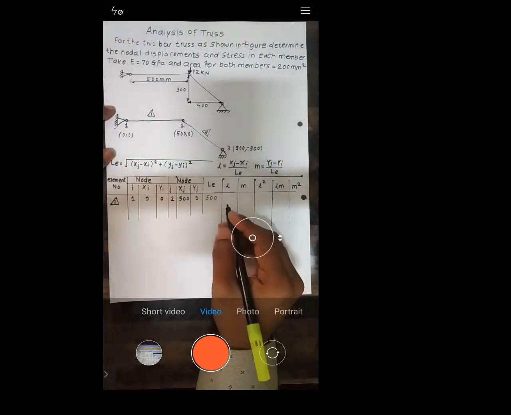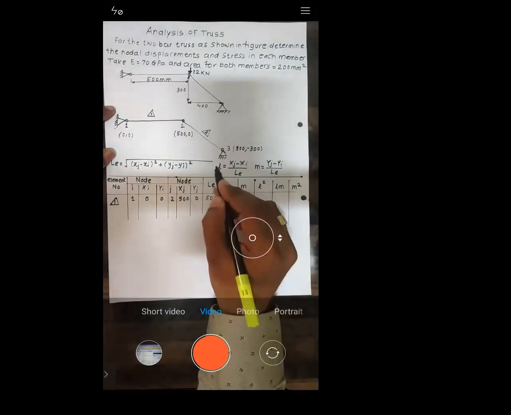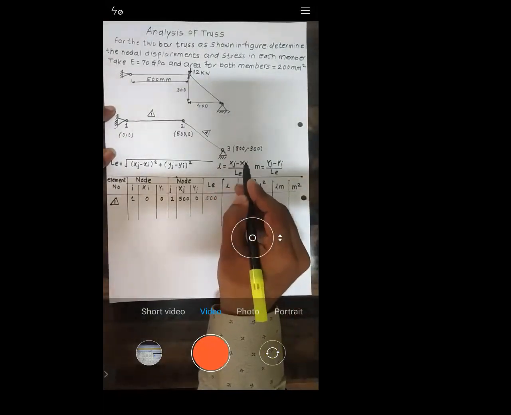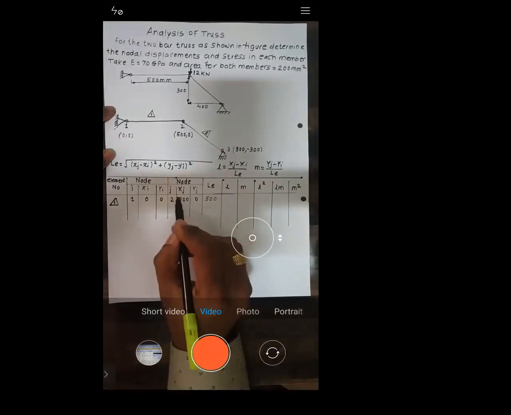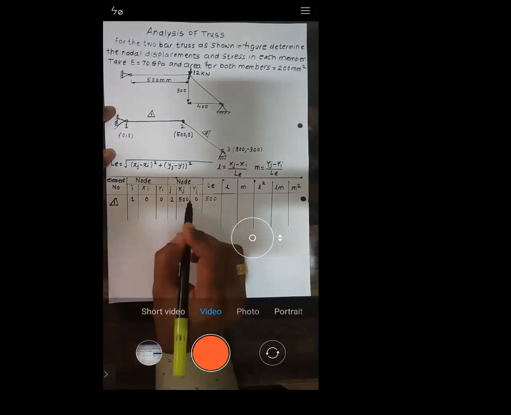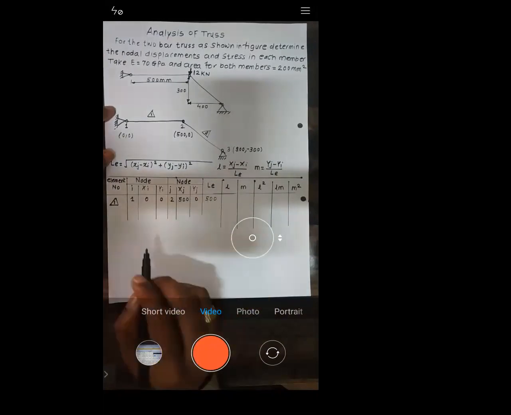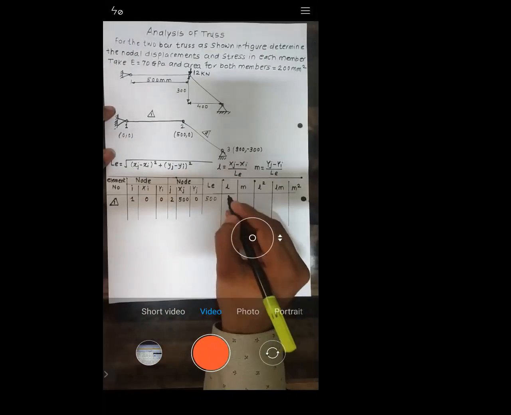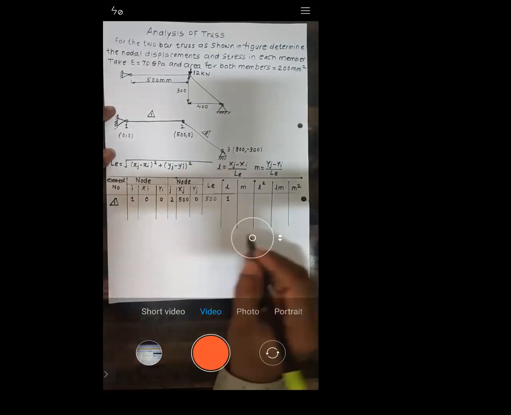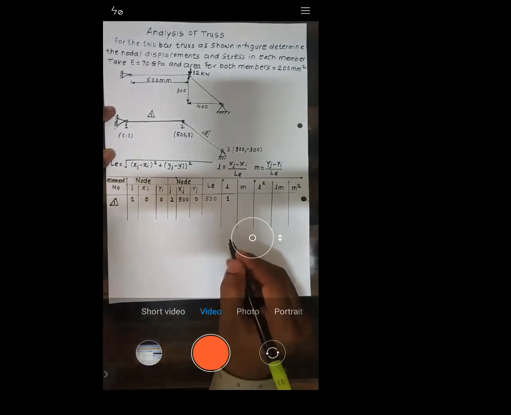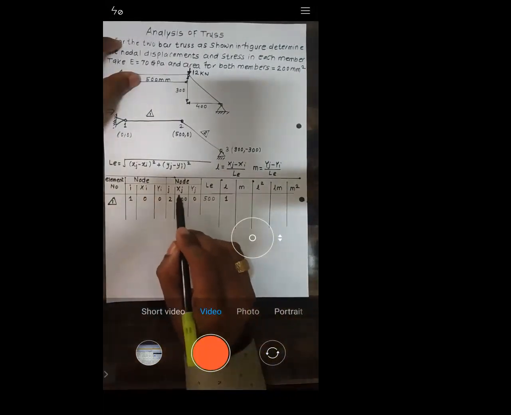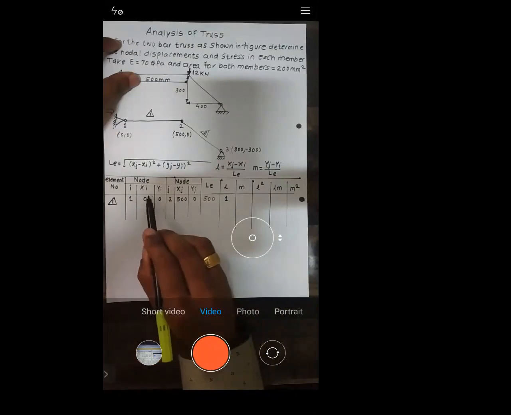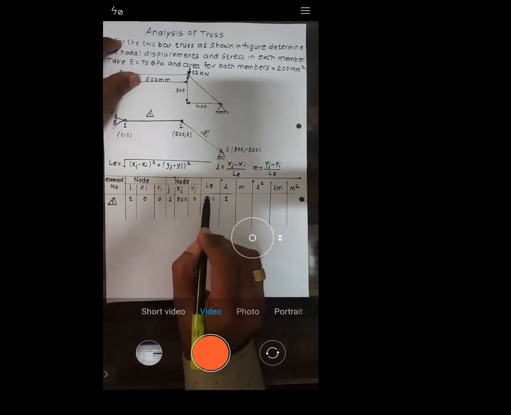Right? Then you do this. L, you calculate small l. How will you calculate it? xj minus xi by le. So this is xj, 500. 500 minus xi is 0. 500 minus 0 by 500. What will you get? 1. Is it okay or not? Let me know. See, xj is 500 minus xi is 0. So 500 minus 0 by 500. So you will get 1.